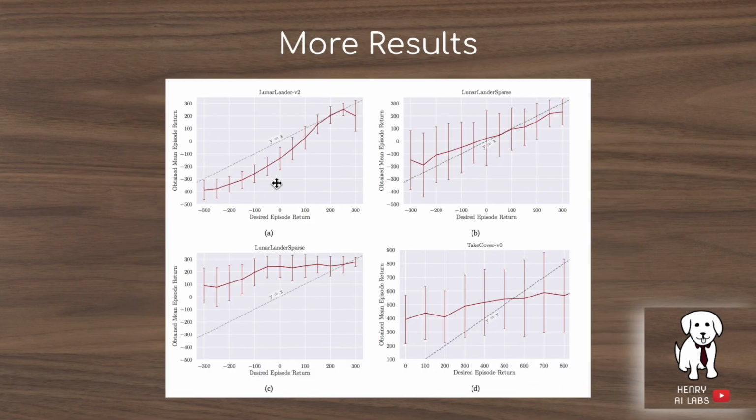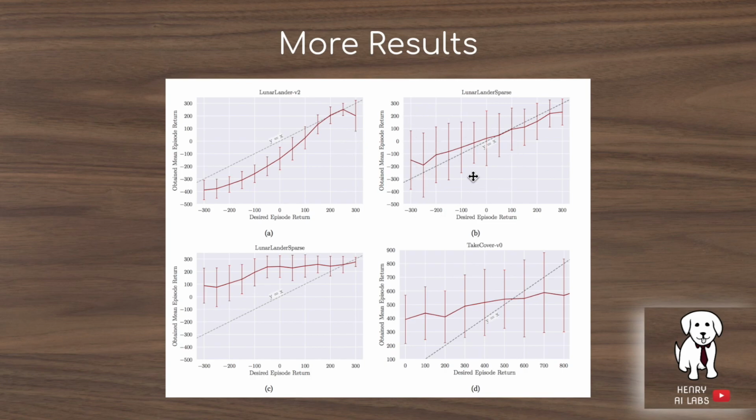These plots further show how well the upside-down reinforcement learning agents are able to do the mapping from the desired return with respect to the actual return. So for example, they're not always trying to maximize their return, rather they might try to target a -100 reward or say an intermediate value like 100. So in this plot, it's able to pretty much achieve the reward that it seeks out to achieve,